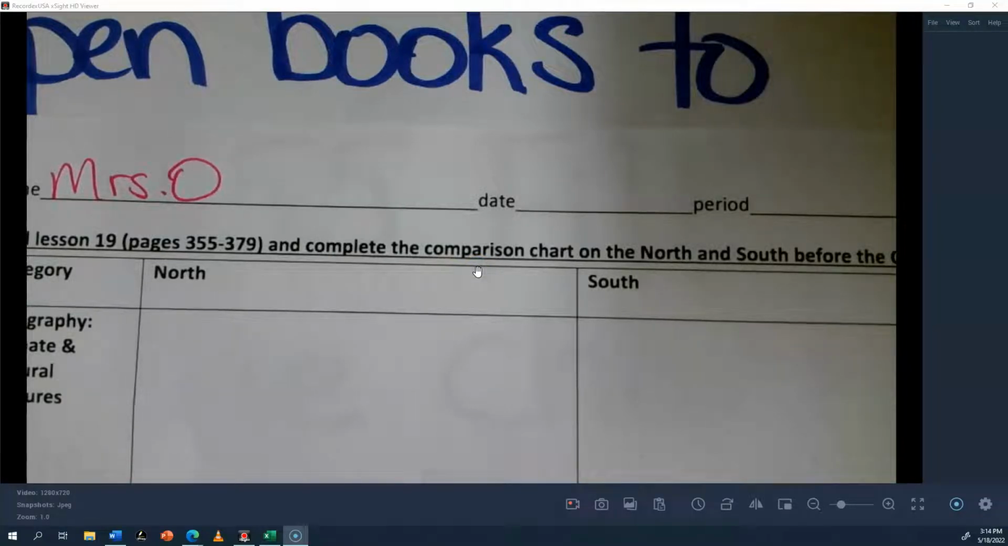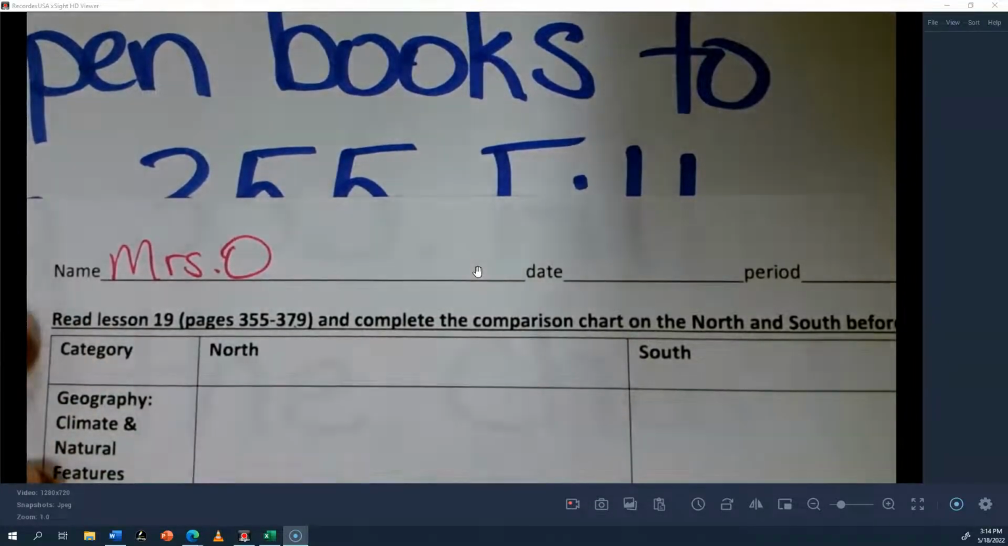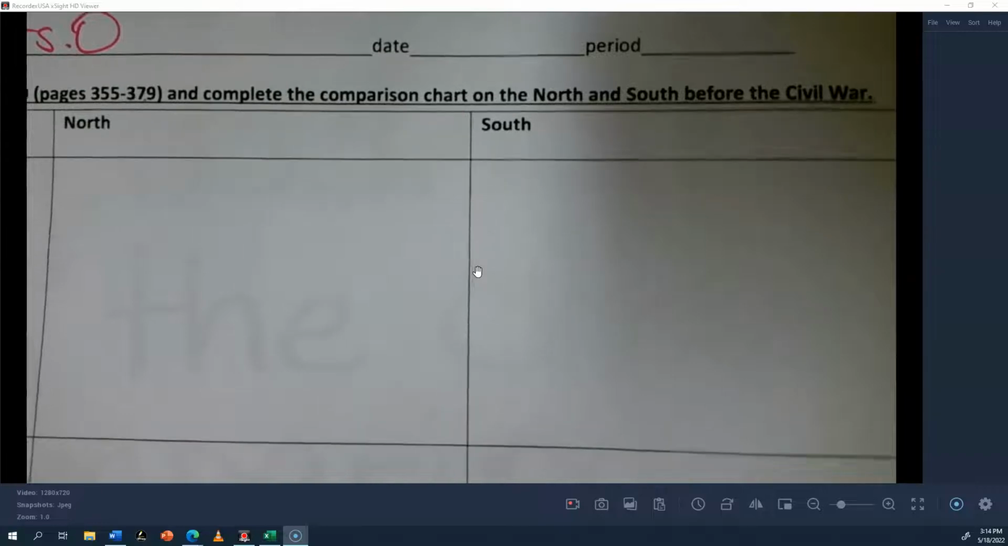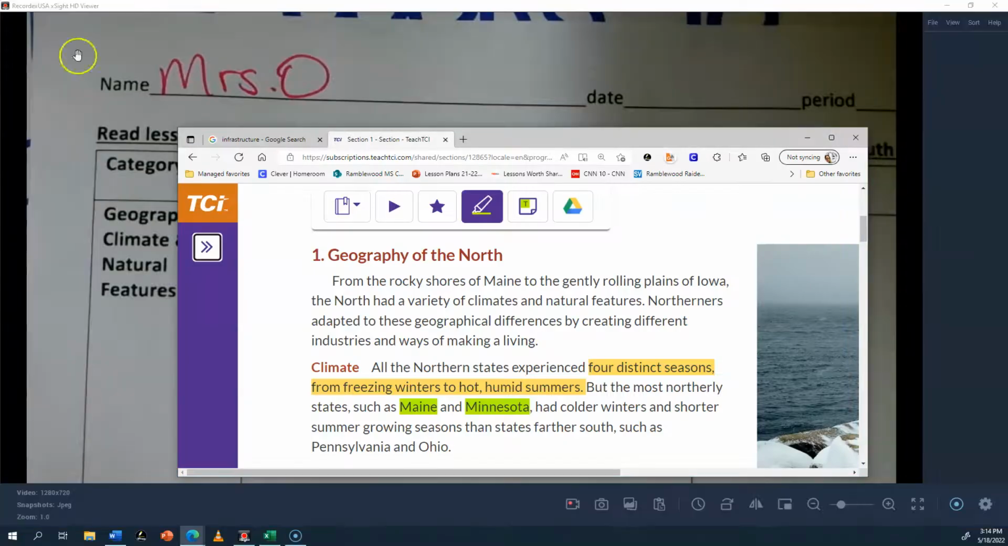All right, so we are doing a comparison chart between the North and the South. Okay, so you're going to open your textbook to pages 355 to 379, or you can go to TCI. And I'm assuming if you're watching this, you're probably going to be using TCI. So if you go to Clever,